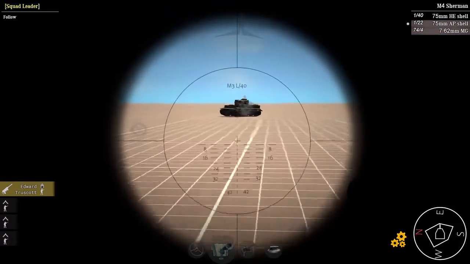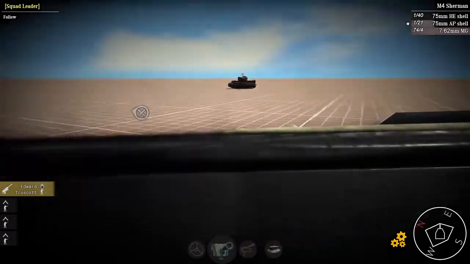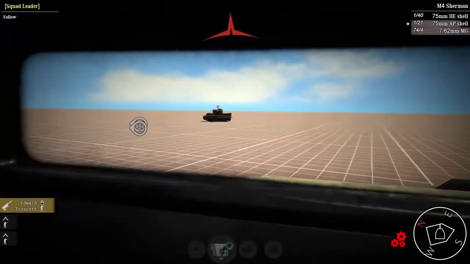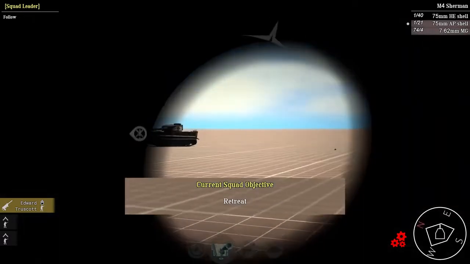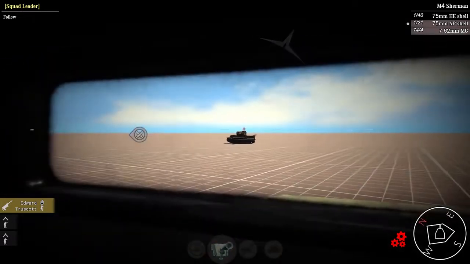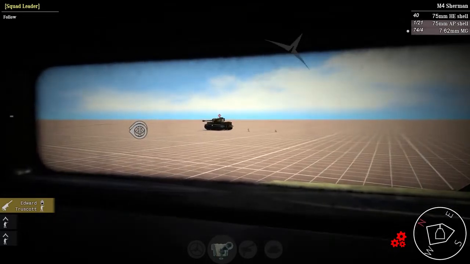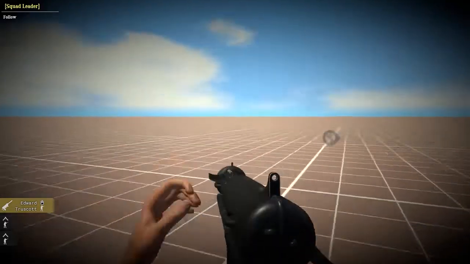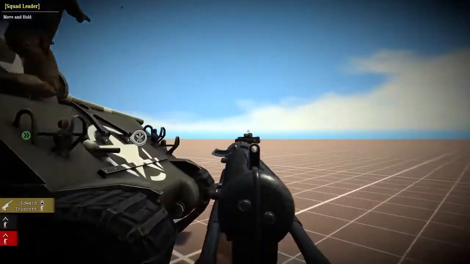Are you using data from actual tanks? Usually, yes, usually Wikipedia or other sources. We have a guy on our Discord server that usually does this kind of research for us. Okay, cool. I don't play War Thunder tanks, but I'm guessing you're doing what War Thunder's doing, where you're doing armor, penetration, ricochet.